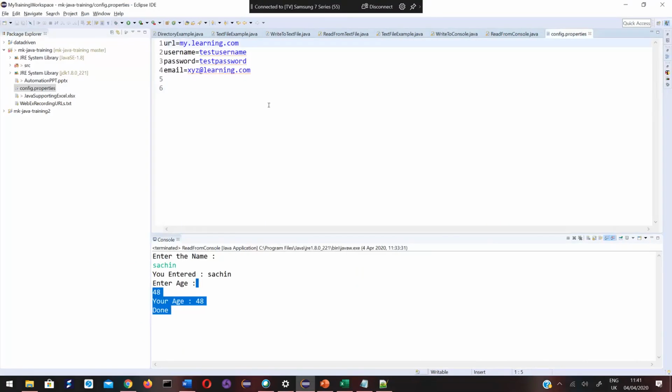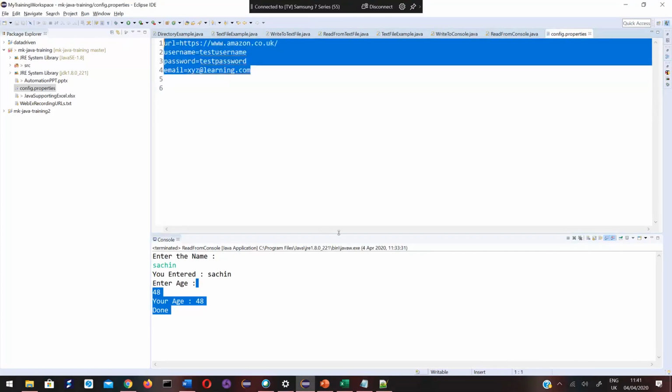URL is this one. Now, for my testing purpose, I have created a username and password. I have created an account whose username is equal to test username, whose password is equal to some test password, whose email is equal to some test email. Every time I write some test, there are a few test steps that I need to execute.